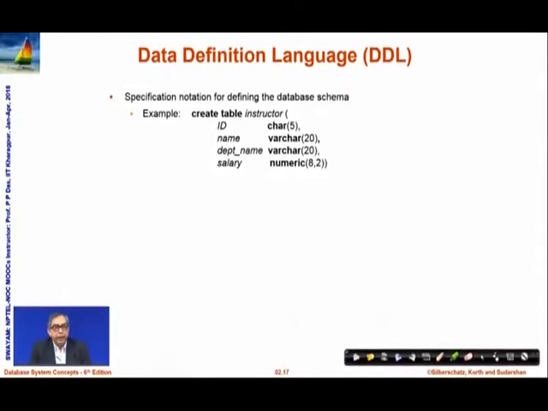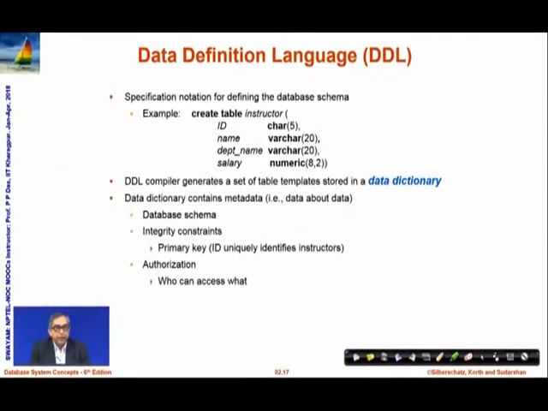So, this way of defining the schema in terms of the different attributes and their types, or columns in the table, or trying to define the structure of that table, is the main issue of the data definition language. The data definition language compiler generates a set of tables in the data dictionary,